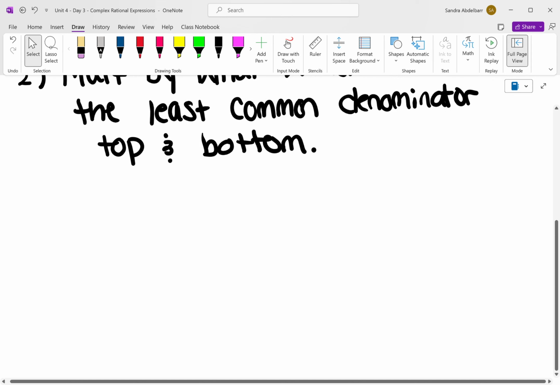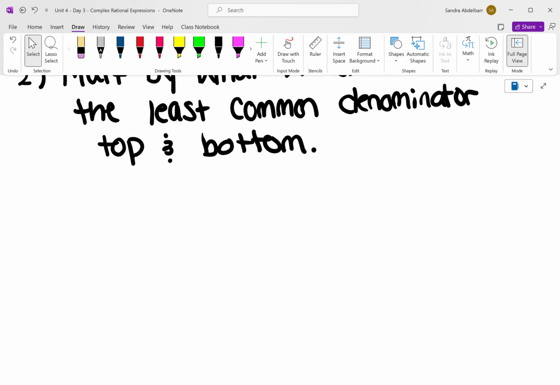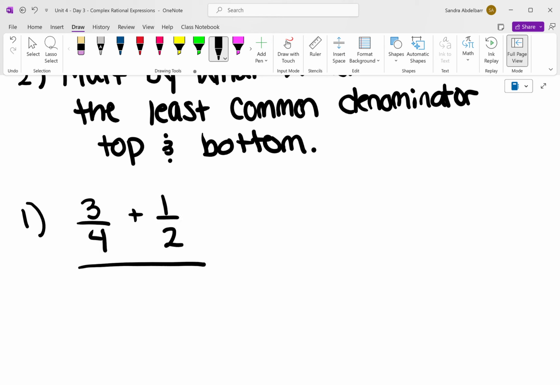Okay, so I'm going to take a very simplistic example without any variables, and I'm going to show you what I mean, both methods. So let's say I have 3/4 plus a half all over 6/5 minus 7/12. So I'm going to show you both methods. So the first method